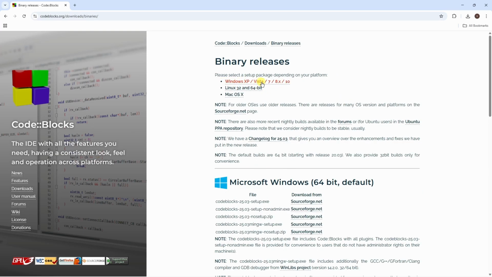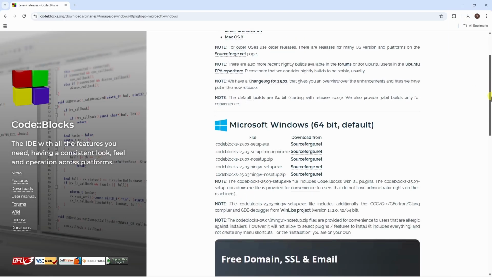so, and from here we need to choose the device we want to install CodeBlocks on. So I want to install CodeBlocks on my Windows 11. So that's why I need to select the first option. In case you are downloading for Linux 32 or 64-bit, then select the second option. If you are doing it for Mac, then you can select that too. I want to download it for my Windows 11, so I'll just select that, and now you can see this is